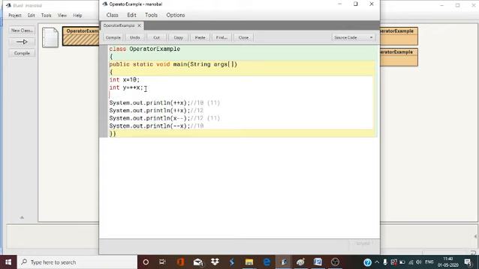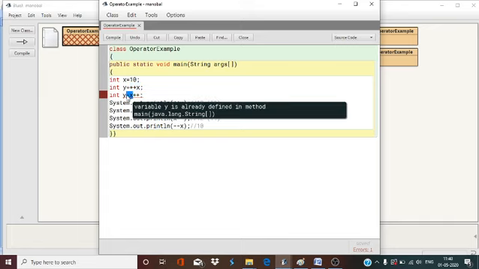But if we use int y equals x plus plus, then the value of x is first assigned to y, then the value of x will increase. So it changes according to the assignment. In prefix it first increases the value of x, then assigns, and in postfix it first assigns the value, then increases. This is the difference.